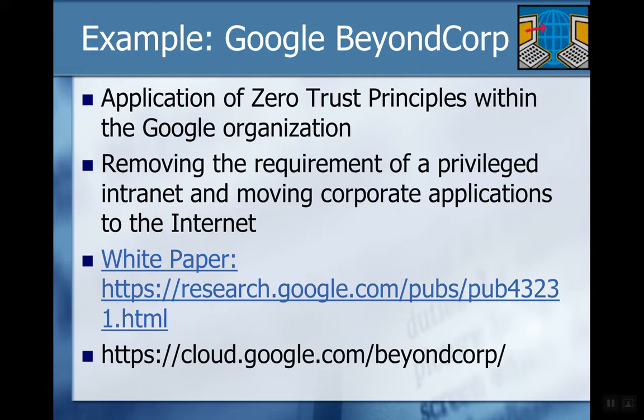So the idea is you take away the privileged intranet separated from the internet by a firewall, and move corporate applications directly to the internet. This is their broader vision of how the stuff works: there is no intranet. Everything simply exists on the internet, and you establish a security model that can deal with that. And that's a brief overview of